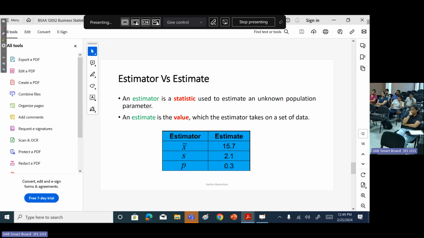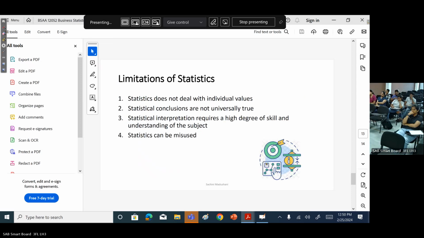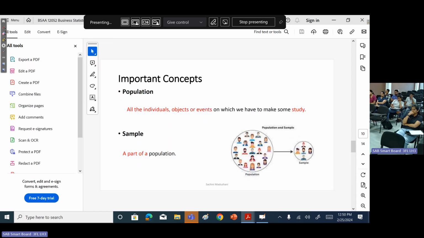Understood? Then X bar is the estimator and the estimate is 15.7. S means standard deviation is the estimator, and the value 2.1 is the estimate. Understood? Clear? Okay. An estimate is the value which the estimator takes on a set of data. The value of the estimator we call the estimate. Then we move into the